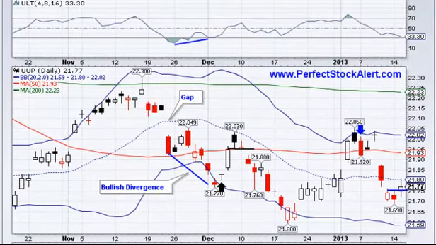Today is Tuesday, January the 15th, 2013. We'll be looking at the U.S. dollar, or at least a derivative of it, the PowerShares DB US Dollar Index Bullish Fund, ticker symbol UUP, right here. And what we've discussed in the past, in case you're new and not familiar with this,